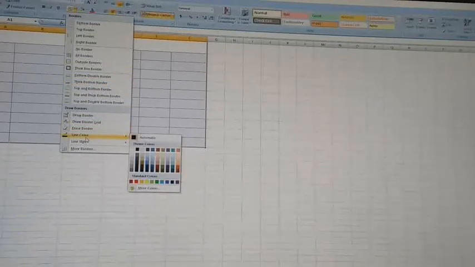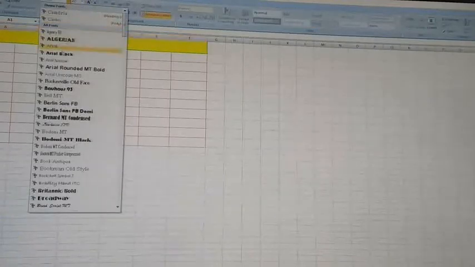Okay, so now you can make the border color also. You can give it using the border option, then line color. Just clicking there.